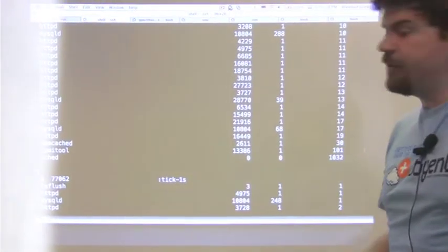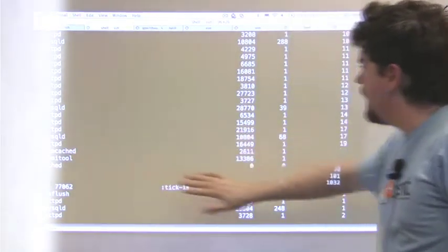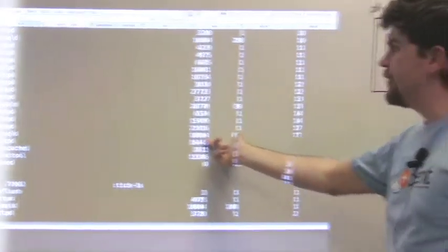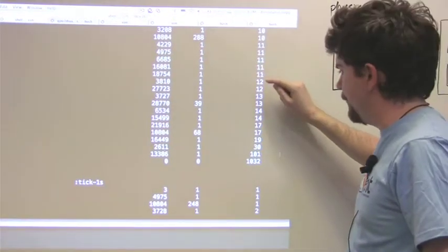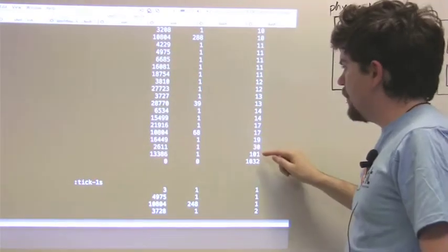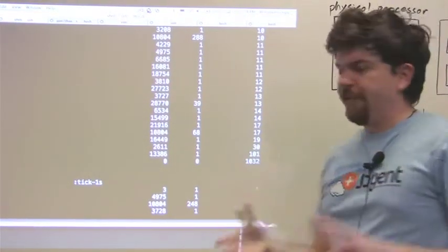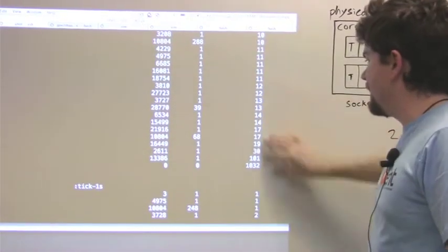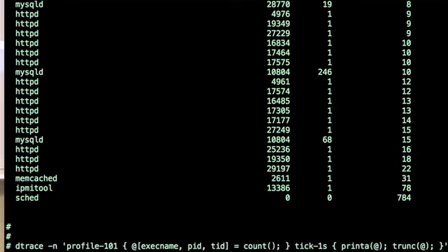I'm sampling at 101 Hertz. And this output is showing me the process name, the process ID, the thread ID. I needed those two so that I can have a unique identifier per thread, and the number of samples that it was on CPU. And I caught IPMI tool was on CPU for 101 samples. So if the operating system hasn't moved it around multiple CPUs, during that 1 second that I was printing, it was hot. A different way of doing this, if the CPU was fixed, which in this case it's not, but